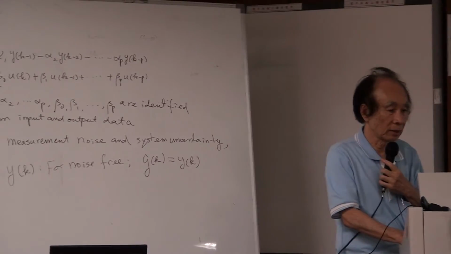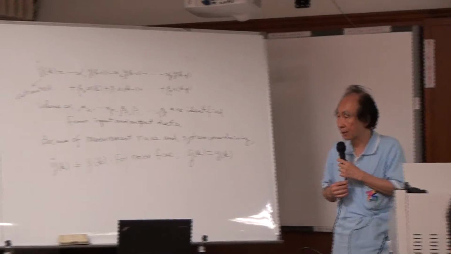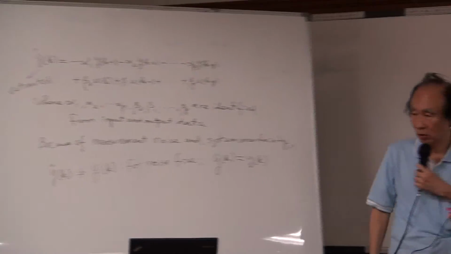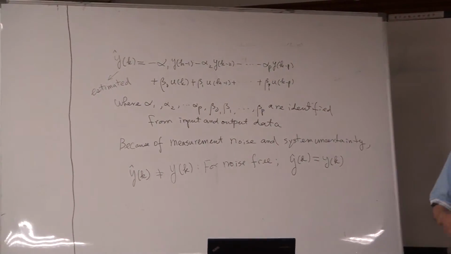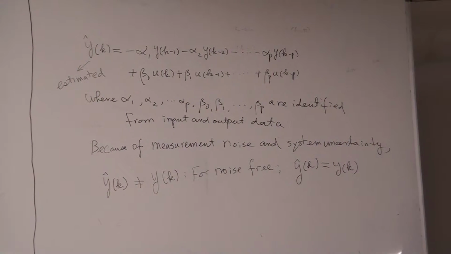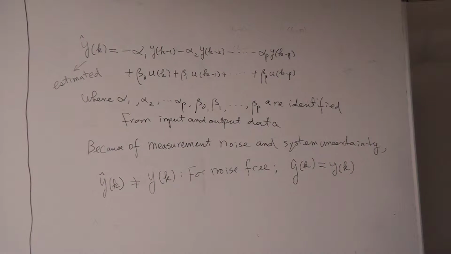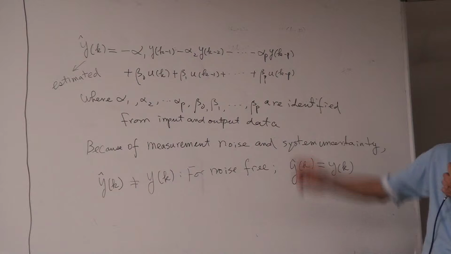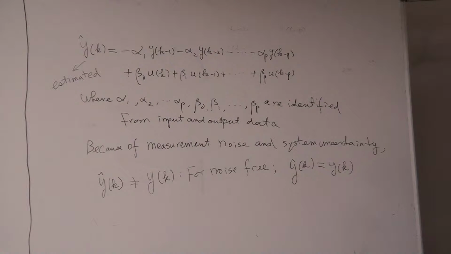That equal sign here is only valid if we have no measurement noise, and we also assume the system is linear, with no nonlinearity and no uncertainties. Then that equal sign is valid. Otherwise, you will get y hat. All right. So now, using these equations, we can predict the yk plus 1, but here you